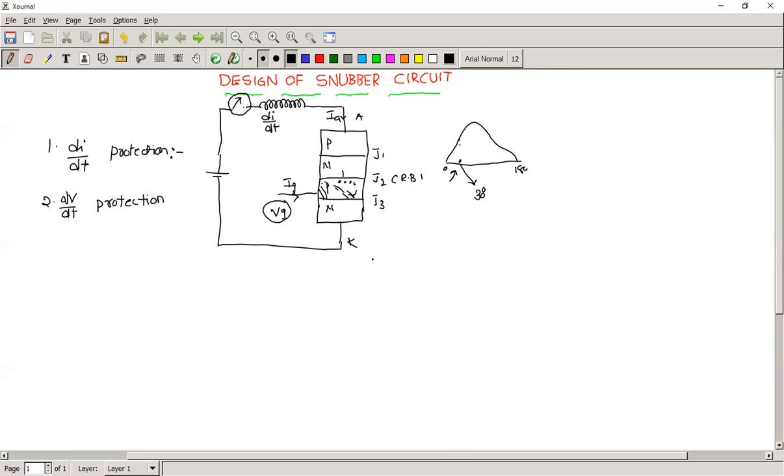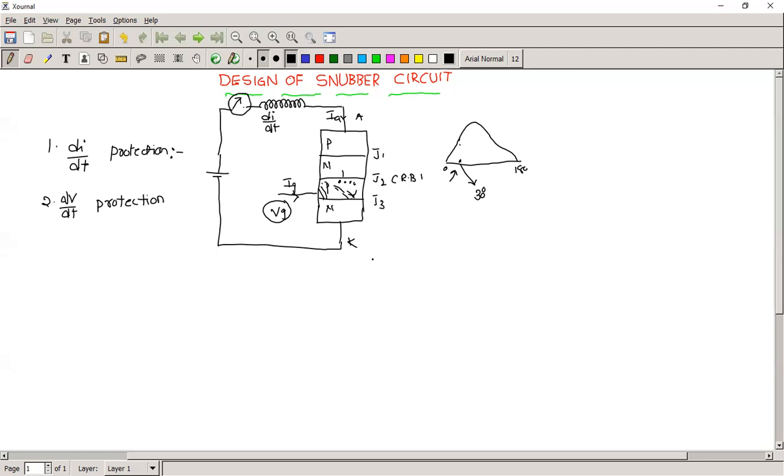Before the 30 degrees. That happens whenever we are closing the switch. But actually we want to control the device. We want to turn on this device at 30 degrees. But if the dV/dt is more, then unnecessary triggering of the SCR will occur in the circuit.